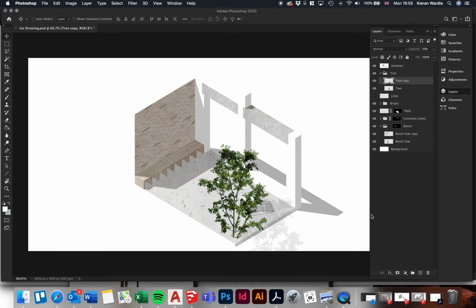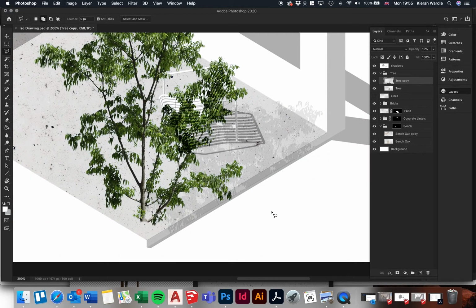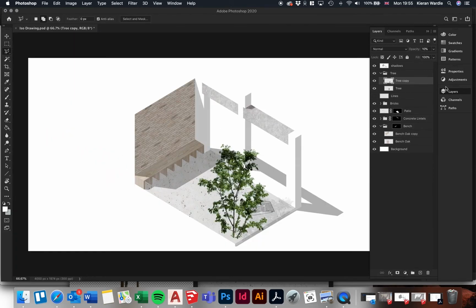You can actually create a tree shadow, and then we're just going to use the Lasso tool to draw around there. Click and delete and deselect. So you can see here that I've created a tree shadow just from using the tree itself,